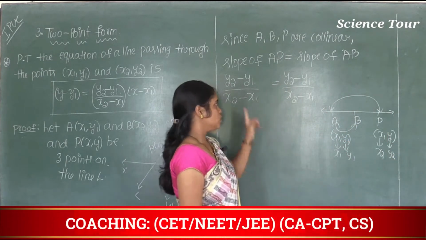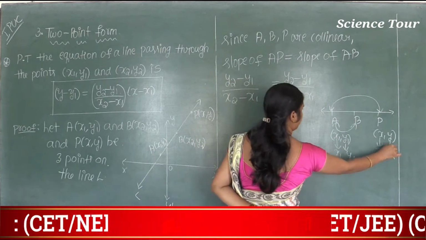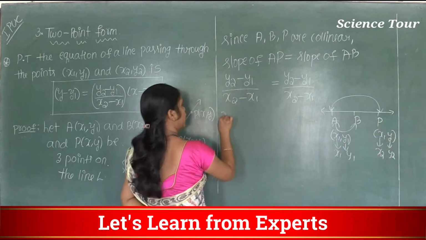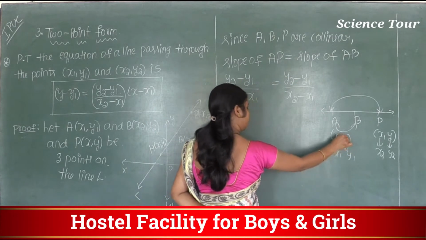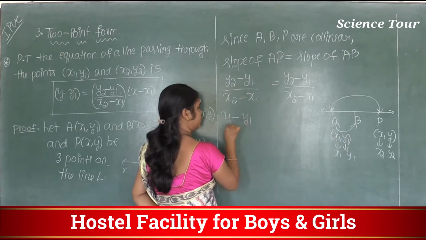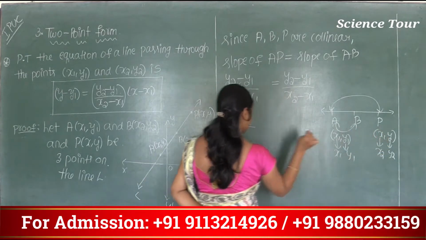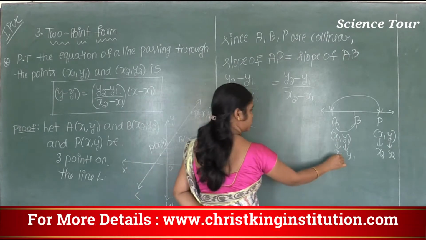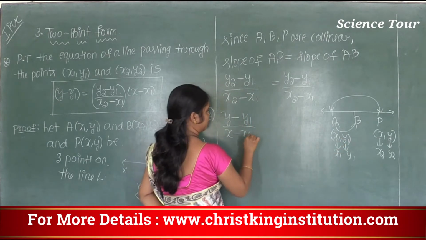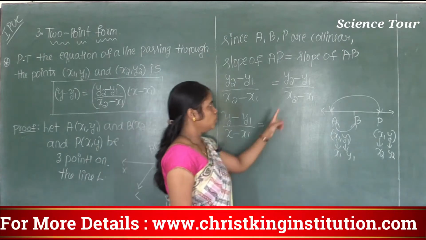Now we will substitute here: y2, what is the value of y2? y2 is nothing but y minus y1, and y1 is y1 itself, by x2, what is the value of x2? x2 is equal to x minus x1, x1 is x1 itself, is equal to,